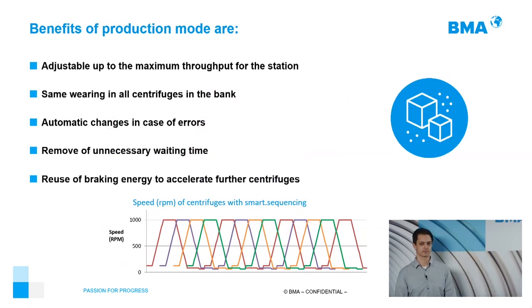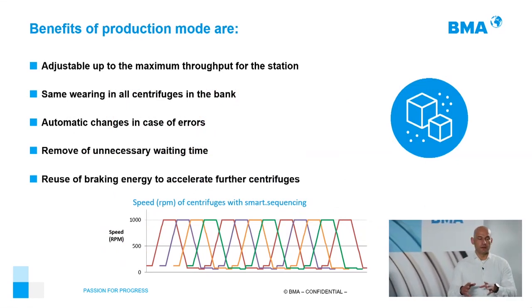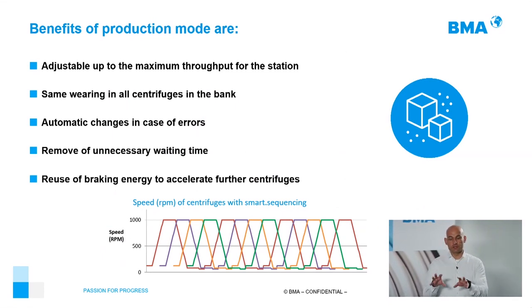Okay. Regarding the benefits of our production mode, we have learned that the production mode of the smart sequencing is working for the production of sugar. So we have a nominal capacity of our bank, and our production mode will assure this production. But of course, sometimes the production is not 100% all the time. We need to adjust our production level currently for our needs. And that is pretty easily adjustable through our smart sequencing.